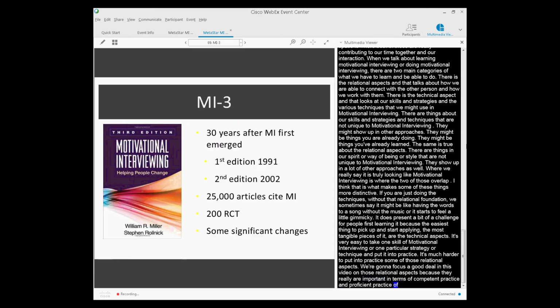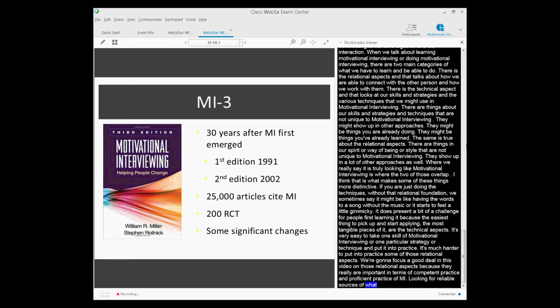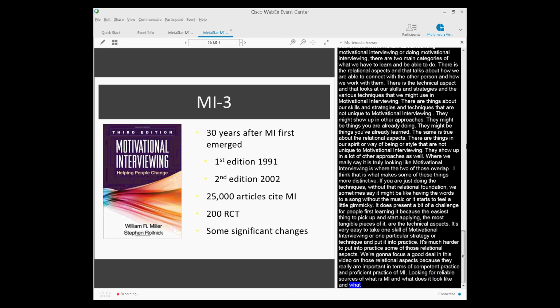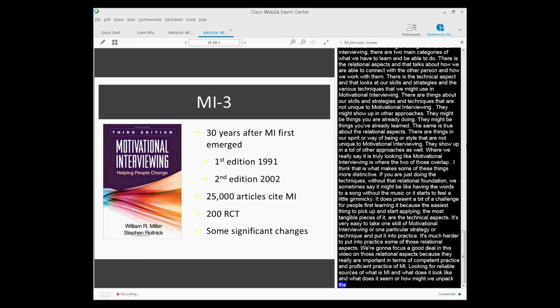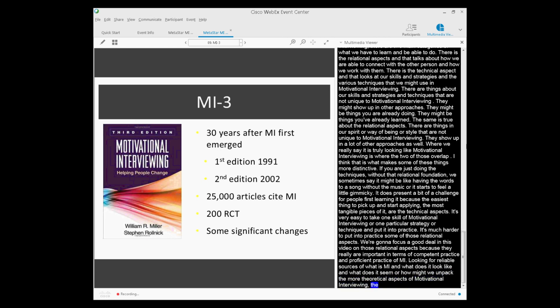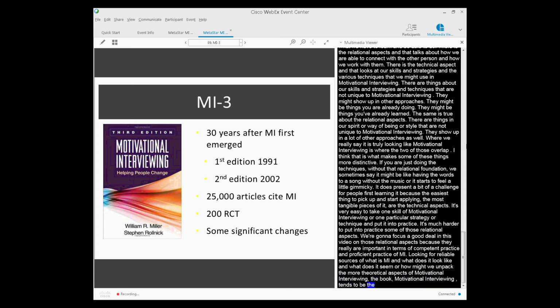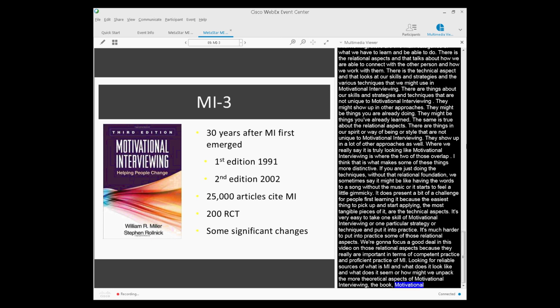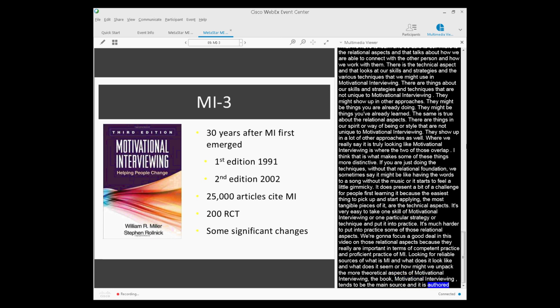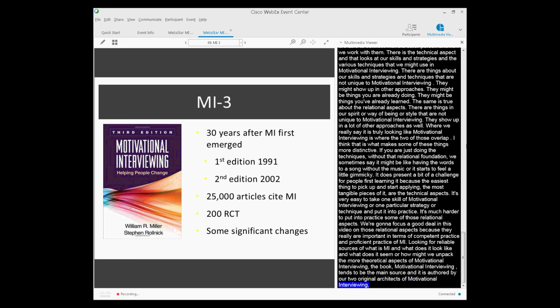So looking for reliable sources of what MI is and what it looks like, and how we might unpack the more theoretical aspects of motivational interviewing. The book, Motivational Interviewing: Helping People Change, tends to be the main source, and it's authored by our two original architects of motivational interviewing, William Miller and Stephen Rollnick. This book was first published in 1991,